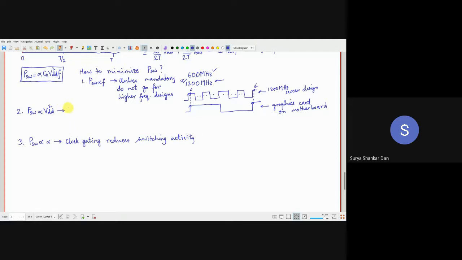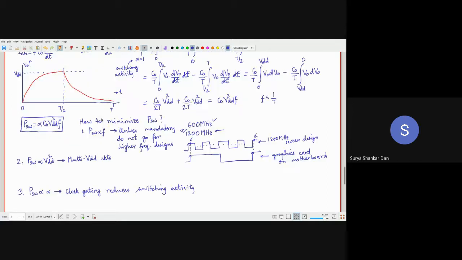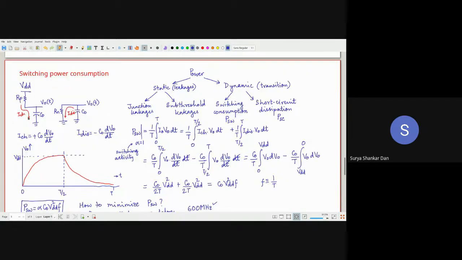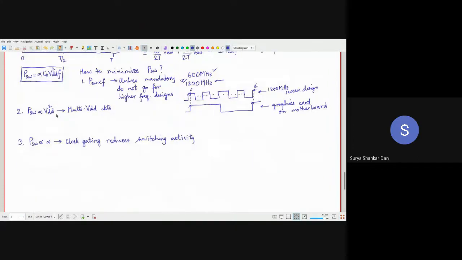We will simply use multi-VDD circuits. And that is very, very standard in today's world. Multi-VDD circuits. कैसे? For example, in modern technology, as I said, nobody uses static. ये जो static CMOS का जितना हम बता रहे हैं ना, this is only for your understanding purposes, but the real circuits are never static.